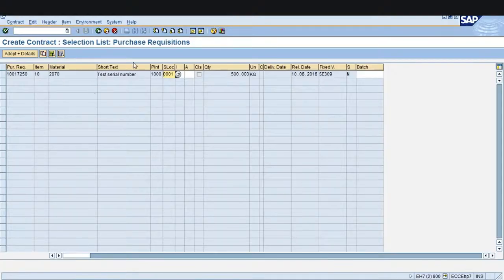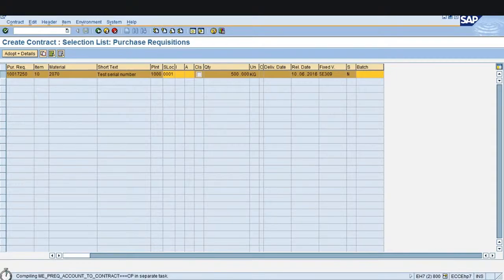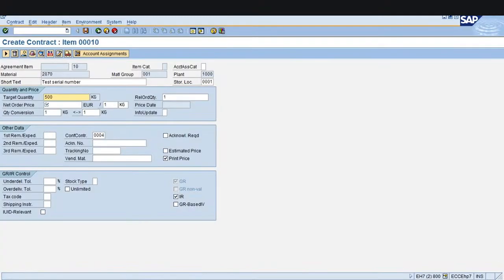See, this is the details that come from the purchase requisition. This is our purchase requisition number and this is our material number and the quantity is 500. Date, everything it was given. You have to select the line item and then click on adopt details. We are just adopting the details from the purchase requisition to our contract. See, the target quantity is 500 and what is the net order price? You can give €50 per 1 kg